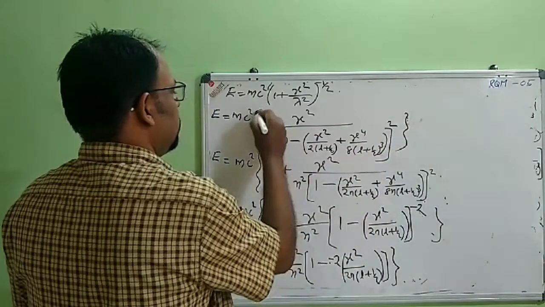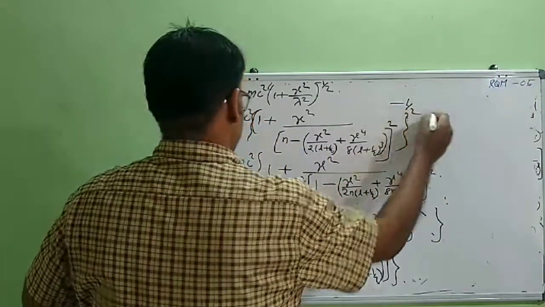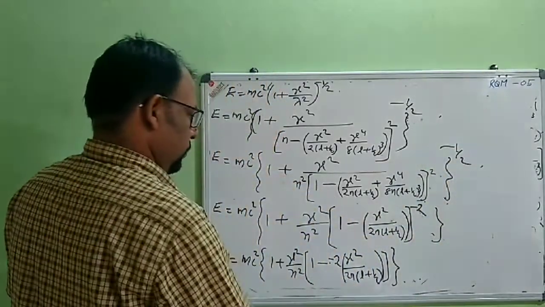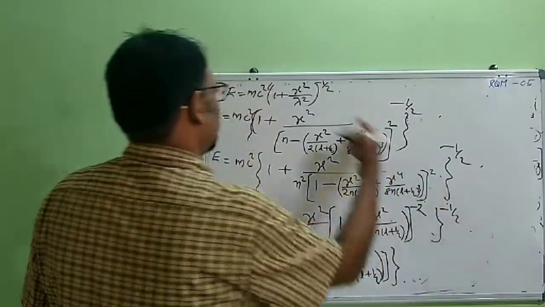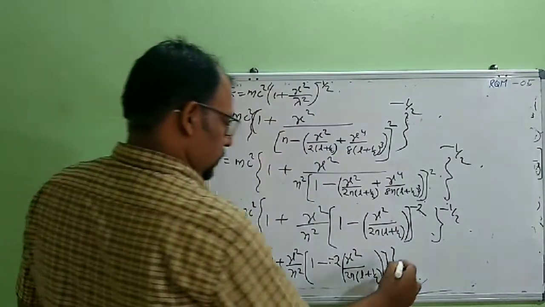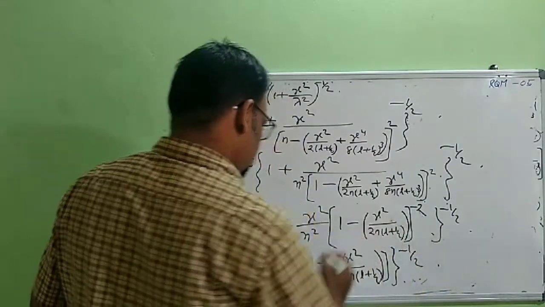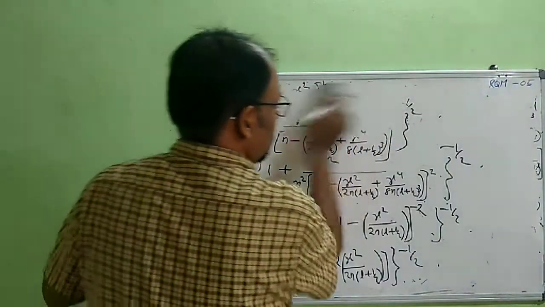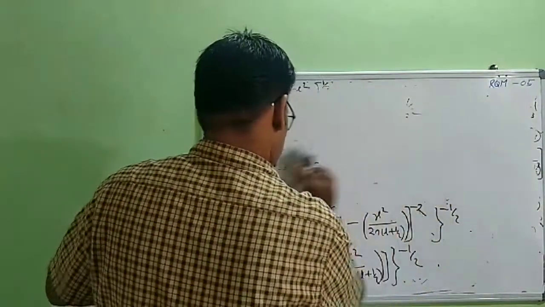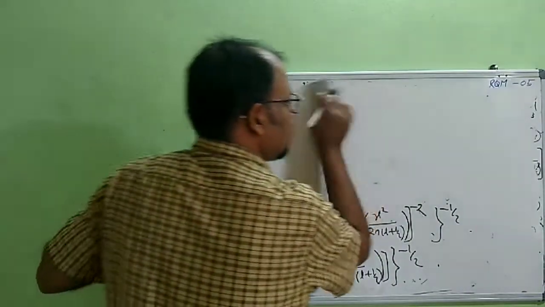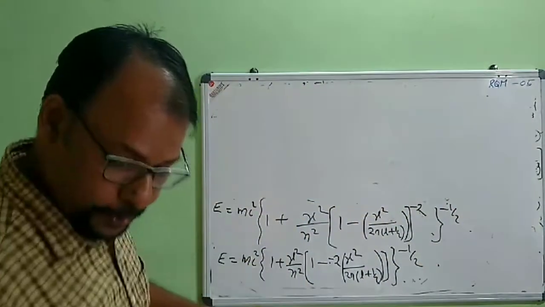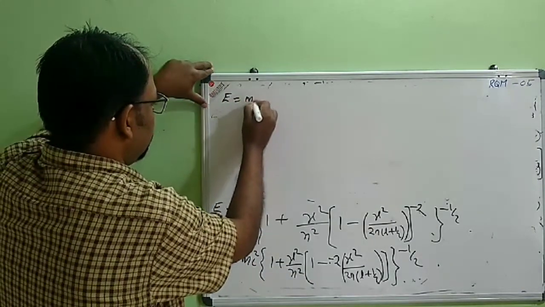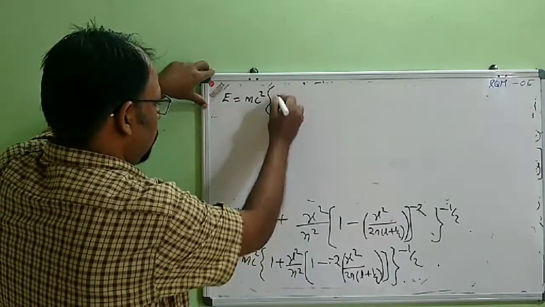So here raised to minus 1 by 2 is there. Here also raised to minus 1 by 2. This raised to minus 1 by 2. Here minus 1 by 2 is there. Here also raised to minus 1 by 2. Now write this equation. On simplifying this equation, we can write it as E is equal to mc square into 1